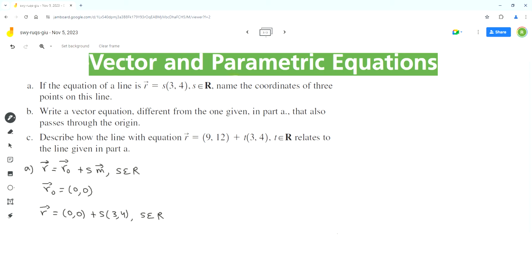So there's a very important concept you need to understand and memorize. One point that lies on this line is represented by the position vector r0. The point is 0, 0, the origin. So that's point number 1. In order to find another point on this line, we should sub in the value of the parameter s as 1. So we get